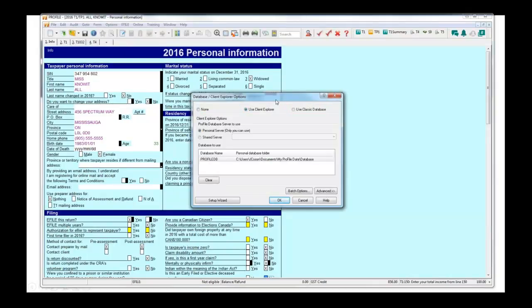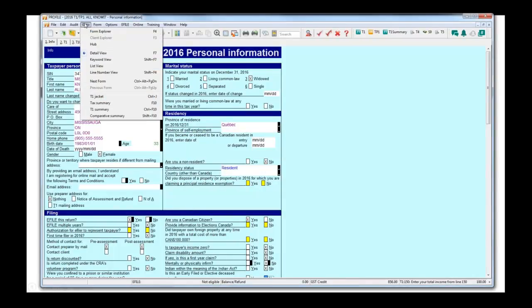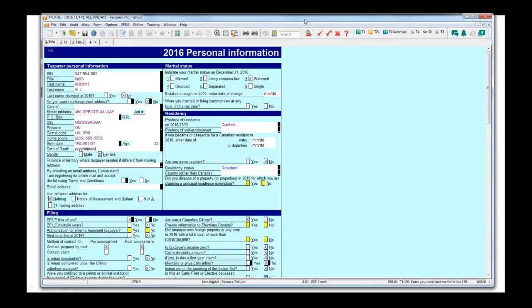Now there's a great how-to video on how to activate your database. Please look for that. So basically you'd be turning on your Client Explorer, and then you would index your files, and once you index your files, you can use your Client Explorer to do your batch filing, or batch CRA data import. Okay. So once your Client Explorer is turned on,